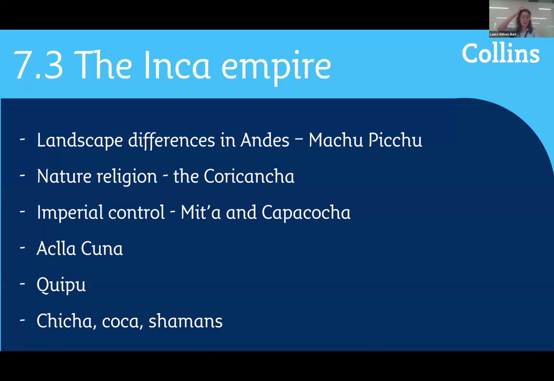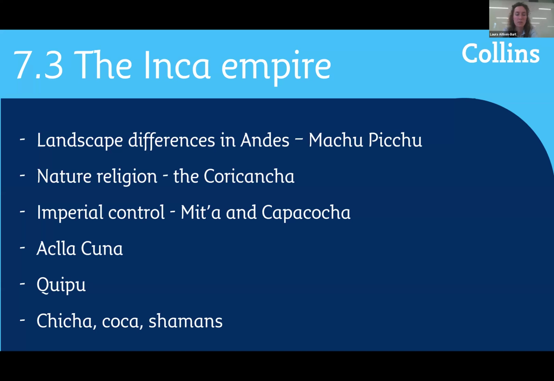in the Inca Empire. So they are part of... Aklakuna means chosen women, so they are living in temple convents. Again, an interesting potential comparison that you could make with the convent system at this time in Britain as well, and monasteries and this kind of thing. Or again, if you've done any ancient parallels, you could think about things like the Vestal Virgins in